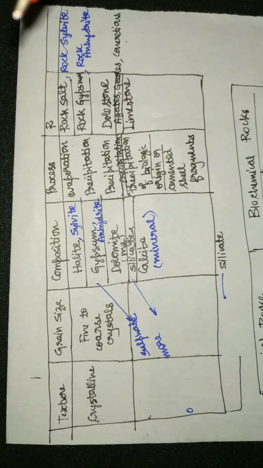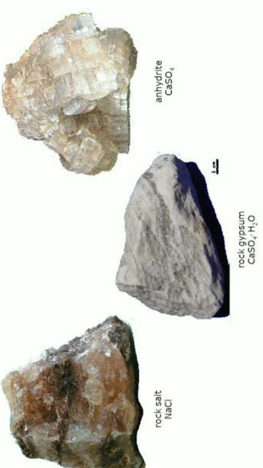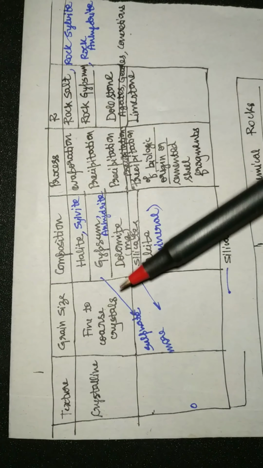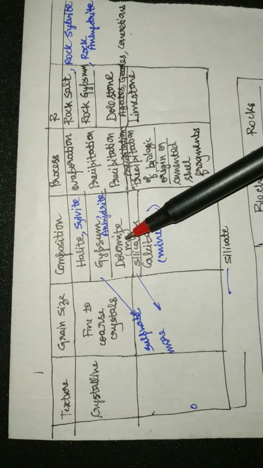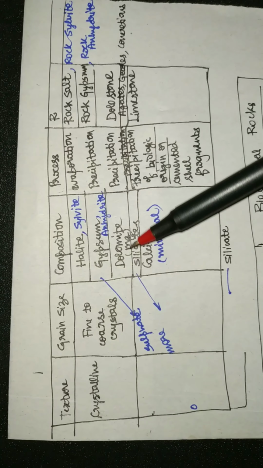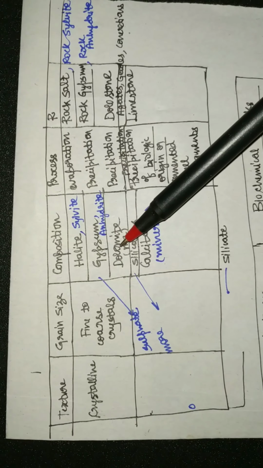When the concentration of water exceeds its limit, it precipitates, forming rock gypsum and rock anhydrite. When magnesium is present in large amount, and the calcium along with magnesium form